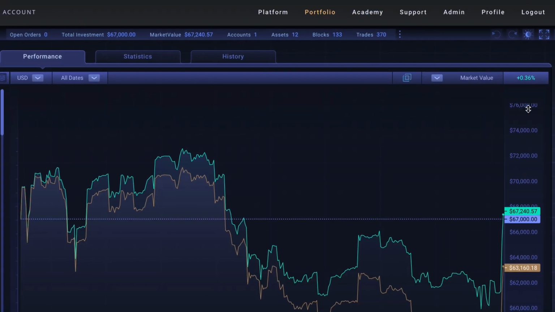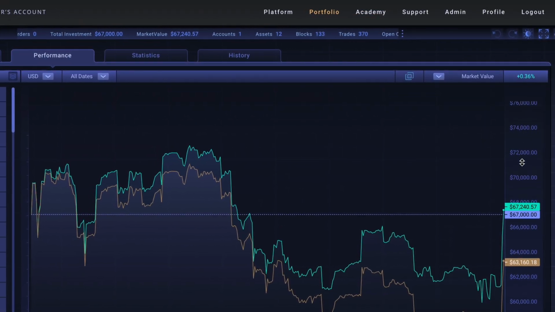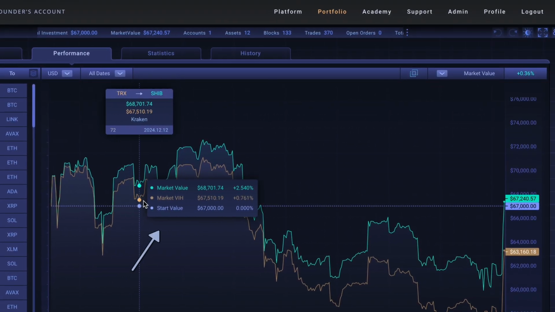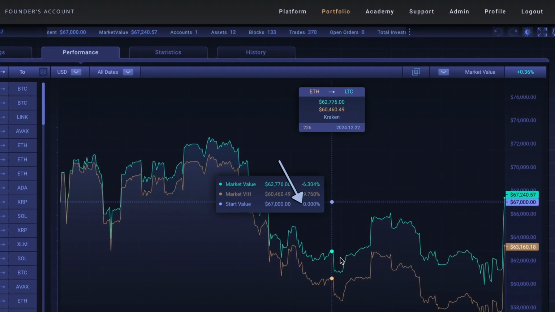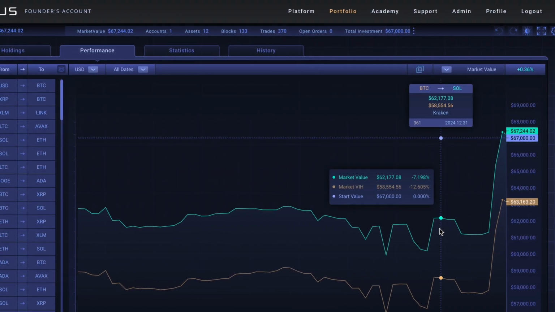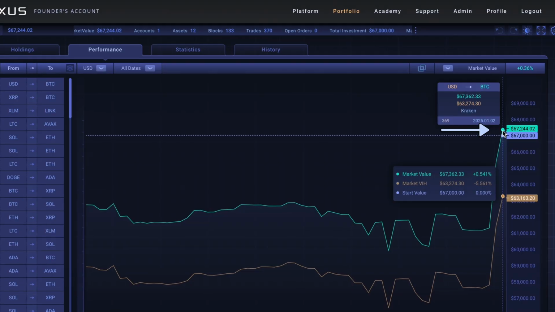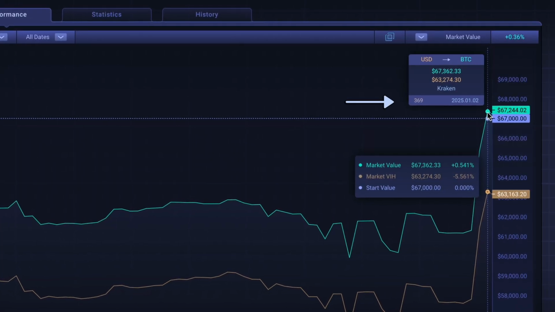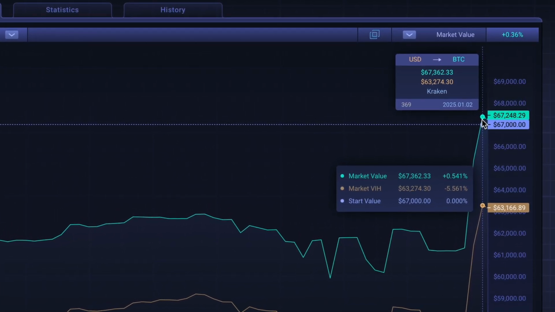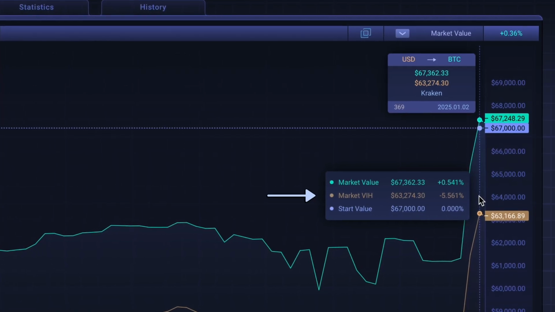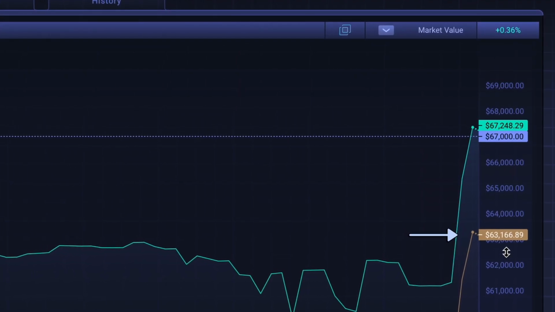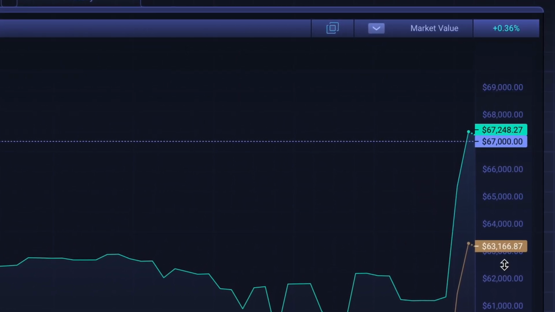By clicking here, we can see the zoomed-in view of our market value graph. Over the past month of trading, our account value has fluctuated, rising with the market gains and dipping during declines. Thanks to our recent trades and the market's upward momentum, our current market value has now surpassed our starting value of $67,000. However, without the 369 asset-to-asset trades that increased the quantity of assets we currently own, and if we still held only the original quantities reflected by their start values, our current account value would instead be down at $63,000, as represented by the orange line.